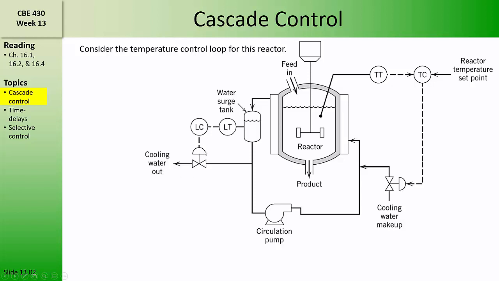This control valve on the cooling water out line is used in a level control loop for the water surge tank. One way to control the reactor temperature would be to measure the temperature of the fluid in the reactor and use that signal in a feedback control loop to decide what the flow rate should be in the cooling water makeup. This process may have significant time delays and time constants because heat must be transferred from the cooling